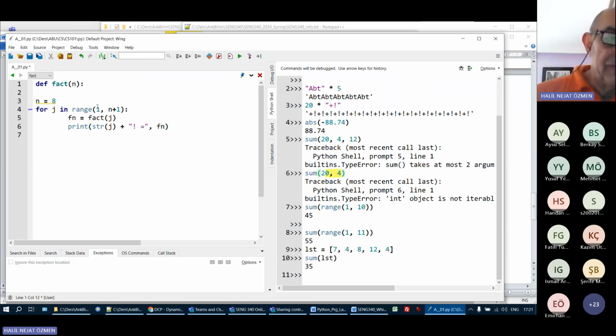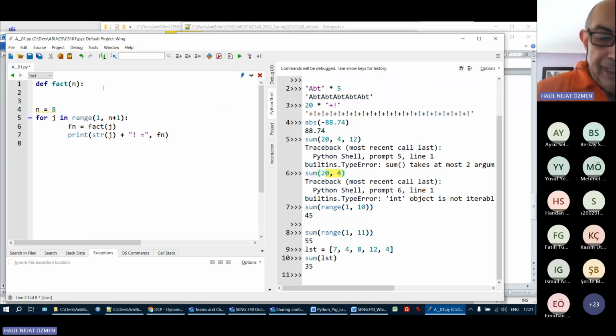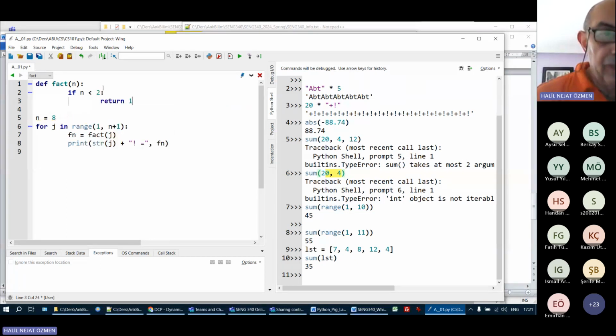Now I'll change this, but I will write the factorial. How is the factorial computed? If n is less than 2, okay? If it is 1 or 0, or even negative, return 1. The factorial of 1 is 1. Factorial of 0 is 1. Assume that I'm just checking it for less than 2. I will not check for negative numbers. Otherwise,